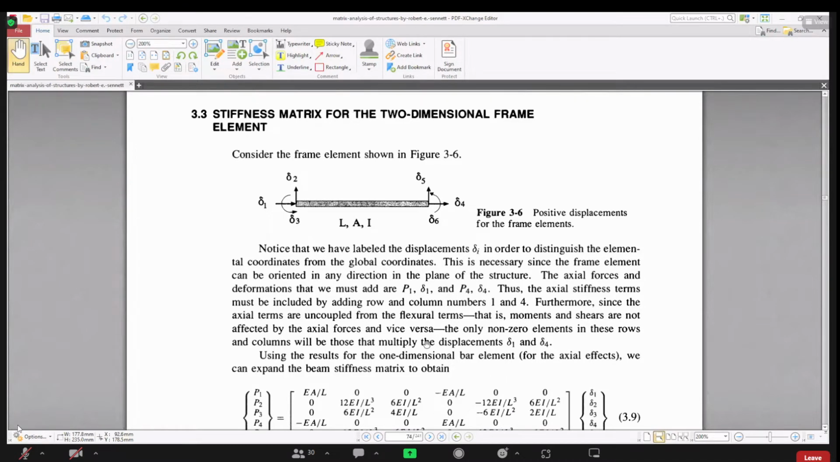Okay. So now two-dimensional frames is also in chapter 3 of our textbook, Matrix Analysis of Structures by Robert Sennett. As before, the vertical ruled is our stiffness matrix. Okay? Now, for two-dimensional frames, we have additional